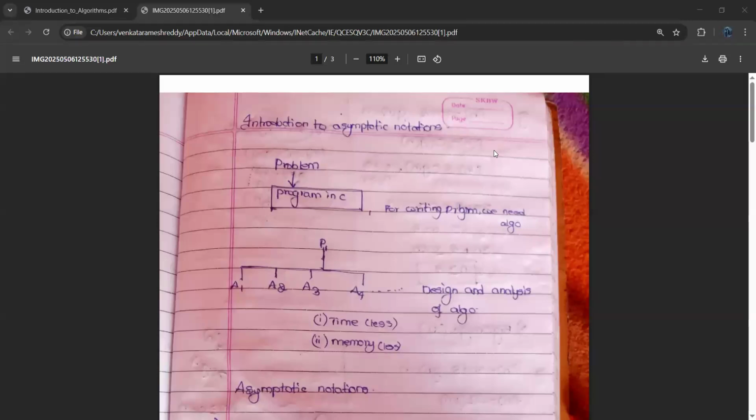In this class we will see an introduction to asymptotic notations. Asymptotic notations are very important in computer science and engineering, in algorithms. Why these asymptotic notations are very important in algorithms, we will discuss. They play an important role in algorithms, because in computer science and engineering